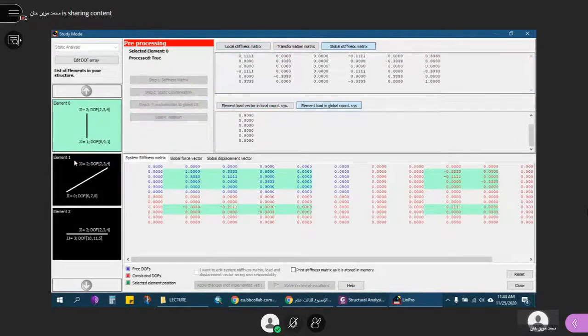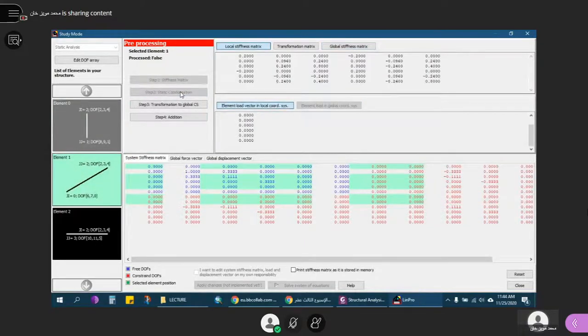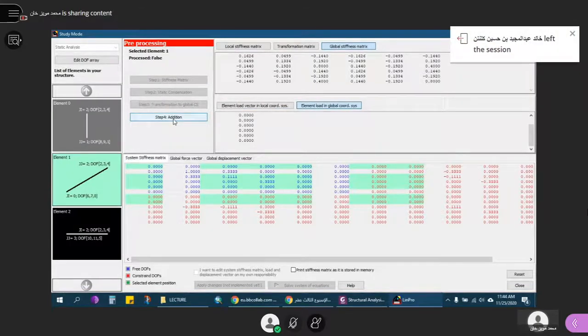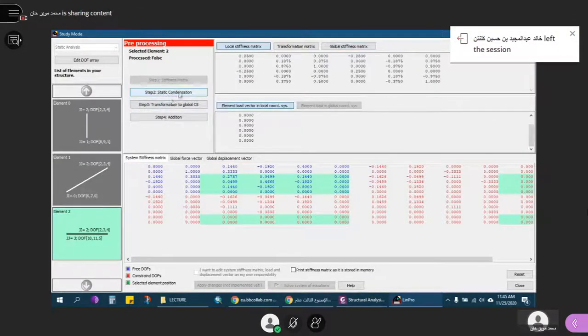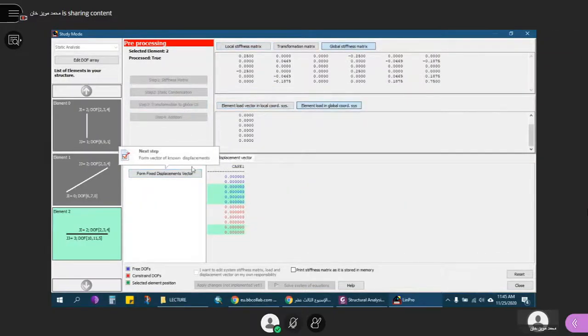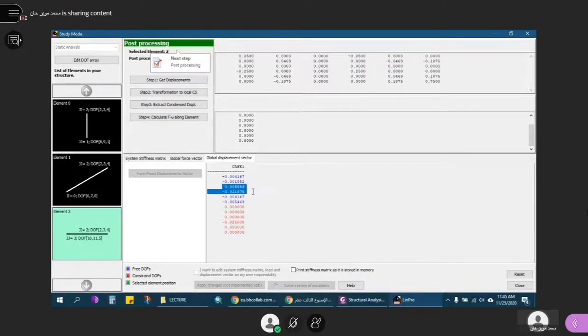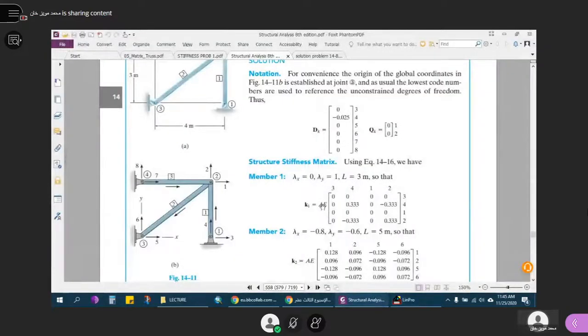Static condensation, addition, and again you see if you put the value of E as 1, A as 1 and I as 1, this will show you more realistic values compared to those thousands of big numbers. Addition, add nodal forces, form the force displacement vector and solve the system of equations, you get the same values 5, 5, 6. The values will not change, only your matrix will resemble the textbook much more, because in the textbook the AE value is taken outside of the bracket, but LinPro takes it inside. So that's why I put the value of AE equal to 1 in LinPro so that you can get this matrix the same. That is what I have done just now.